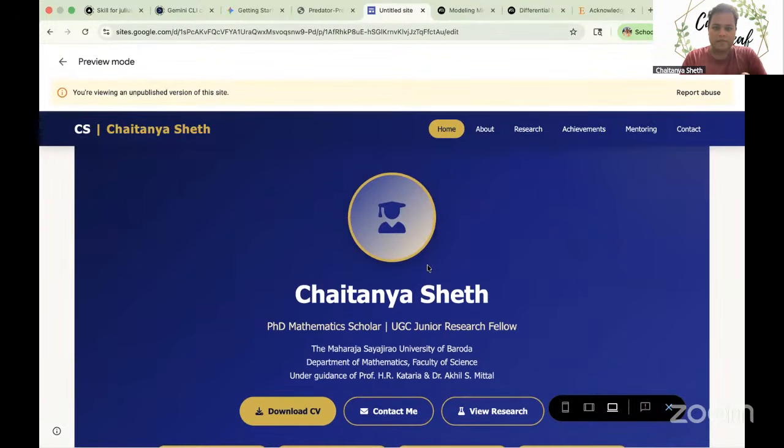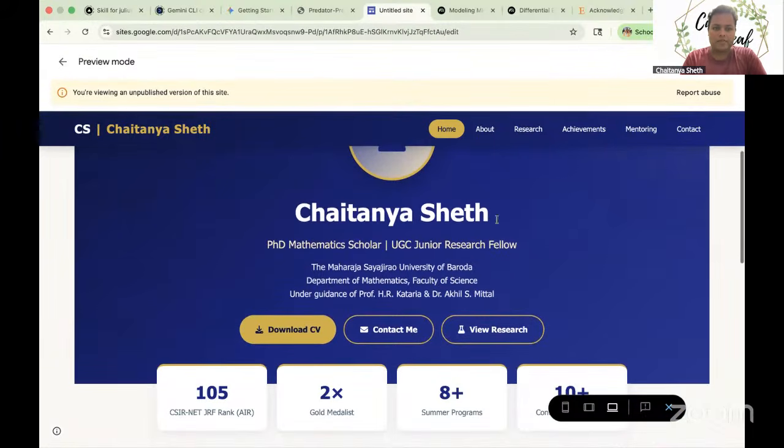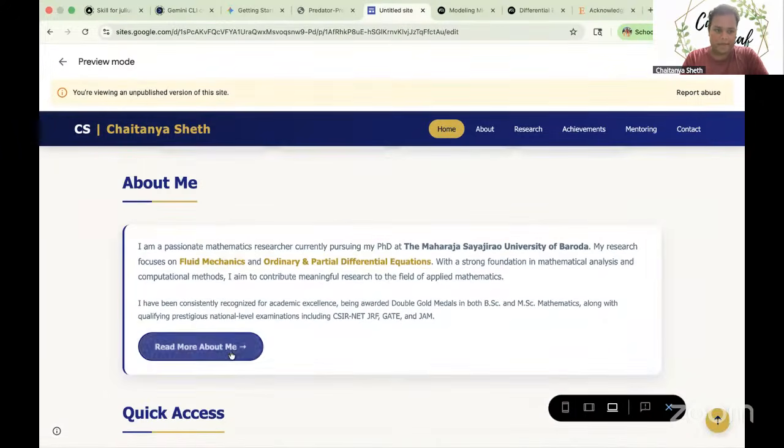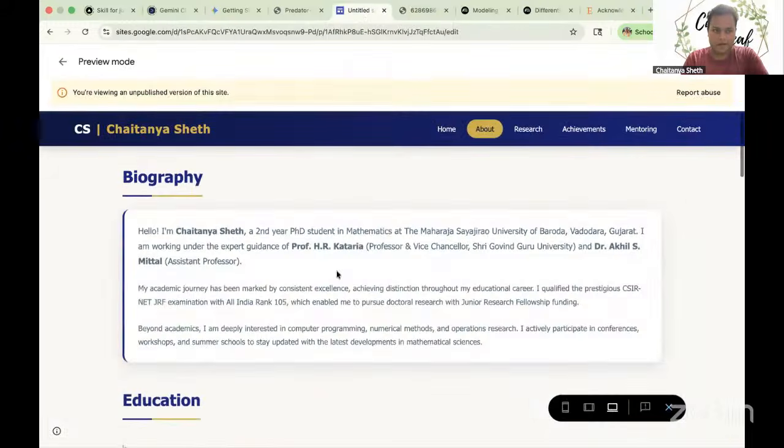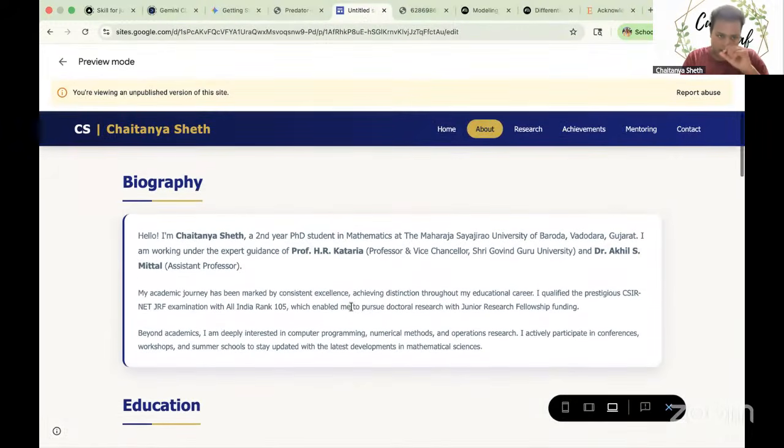It shows my basic details: PhD mathematics scholar, UGC JRF, my affiliation, guide names. It also gives an option to download a CV, about me, and then read more about me, which just expands this paragraph.